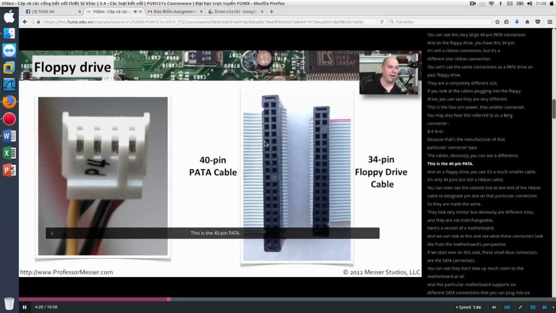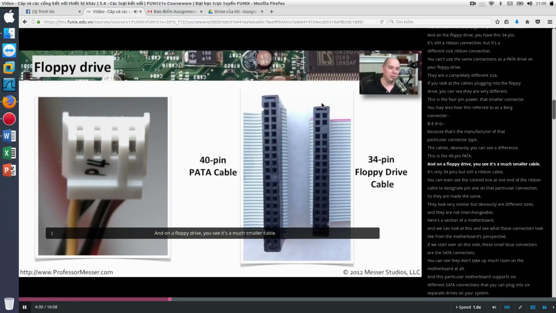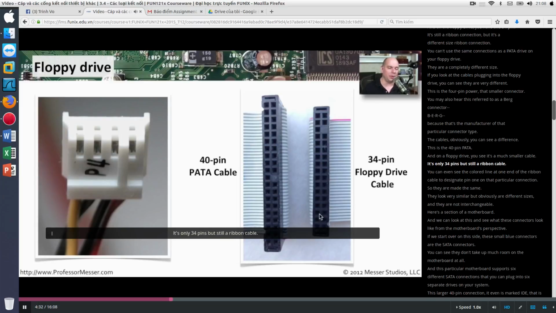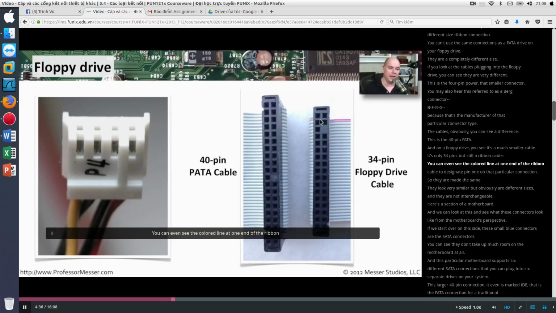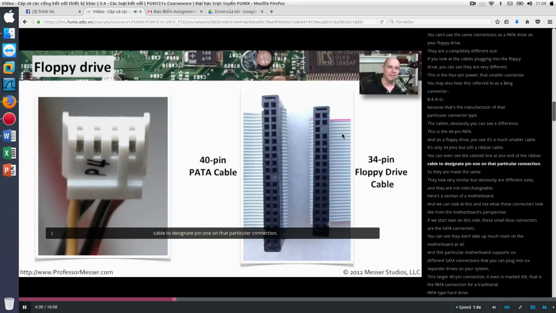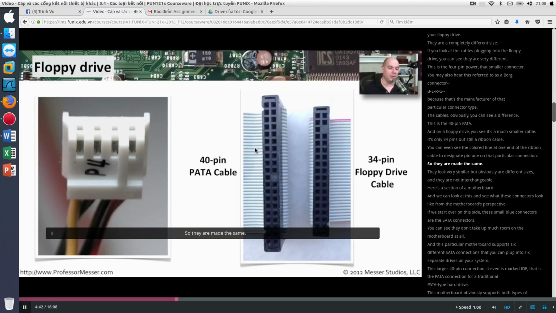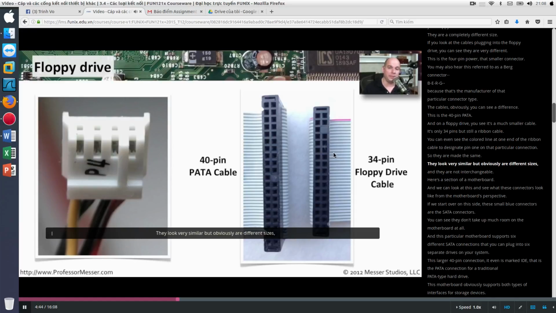This is the 40-pin PATA, and on a floppy drive, you see it's a much smaller cable. It's only 34 pins, but still a ribbon cable. You can even see the colored line at one end of the ribbon cable to designate pin 1 on that particular connection. So they are made the same, they look very similar, but obviously are different sizes and they are